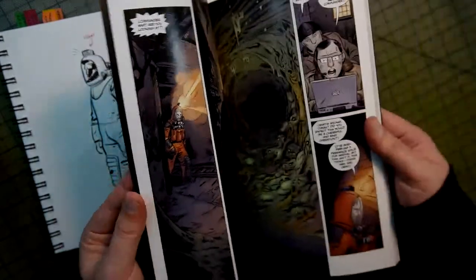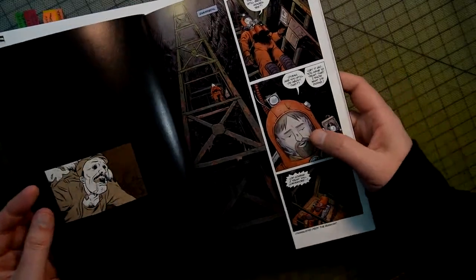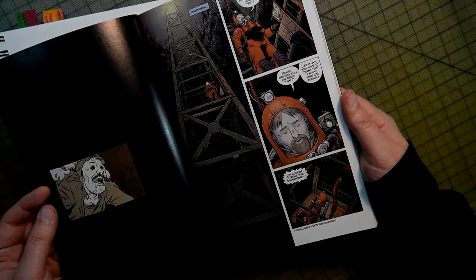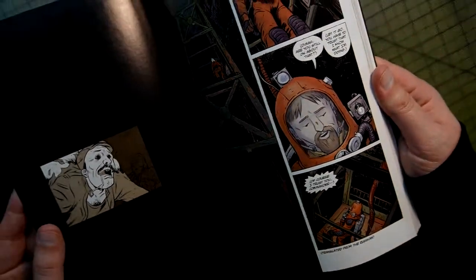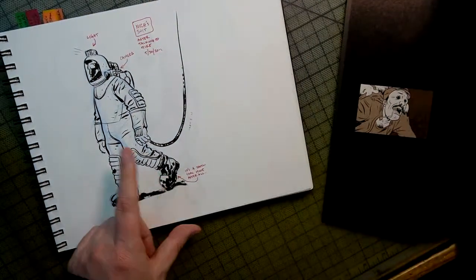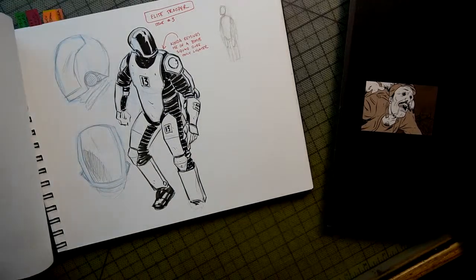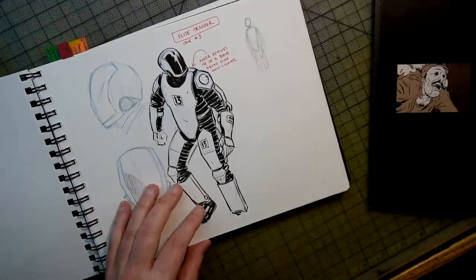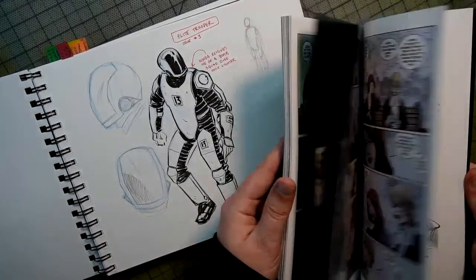Oh yeah, man, it has been so long since I worked on this. I forgot this is the dude who ends up in chains later. But he looked pretty happy when he was in his little suit. So this is my design for that. Here's an elite trooper. I feel like this guy may have been